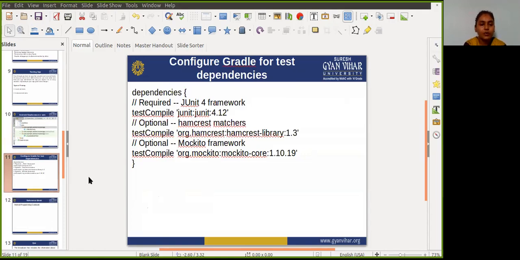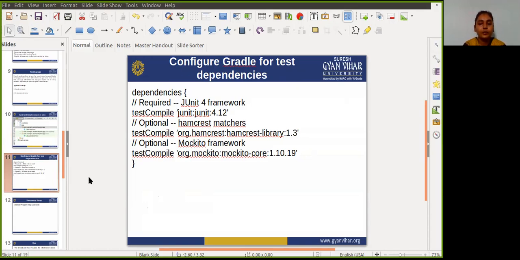Next, we have to configure Gradle for test dependencies. To use the unit test API, you need to configure the dependencies on your project.